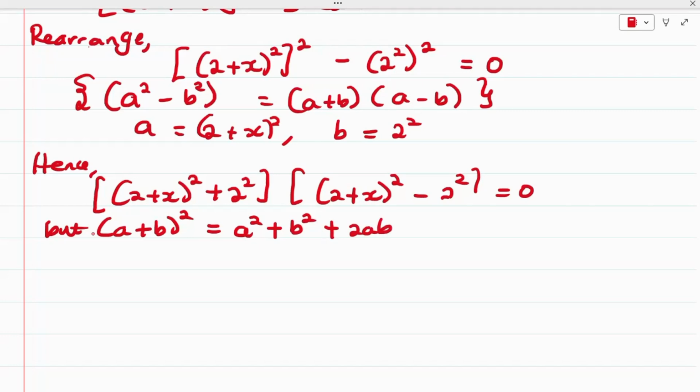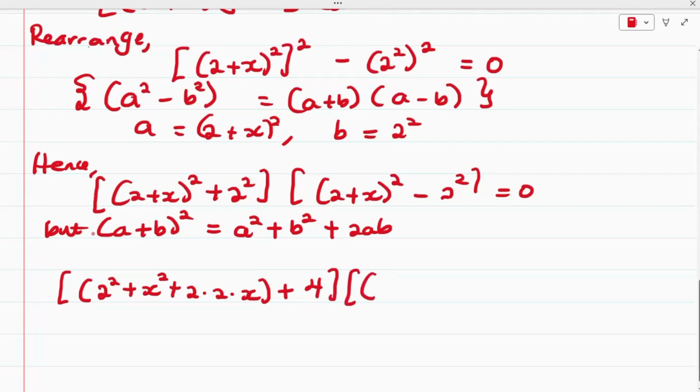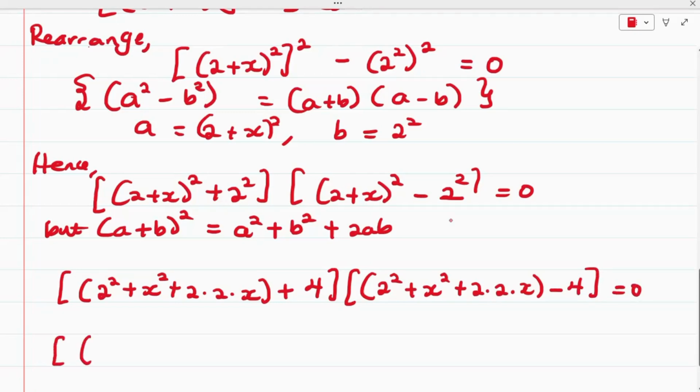So applying this property right here, we are going to have 2² + x² + 2 × 2 × x, plus 2² is 4, multiply. Applying the same property, we have 2² + x² + 2 × 2 × x, minus, now from here we have that 2² is 4, and this is equal to 0. So from here we have 2² is 4 plus x² plus 2 × 2 × x is going to give us